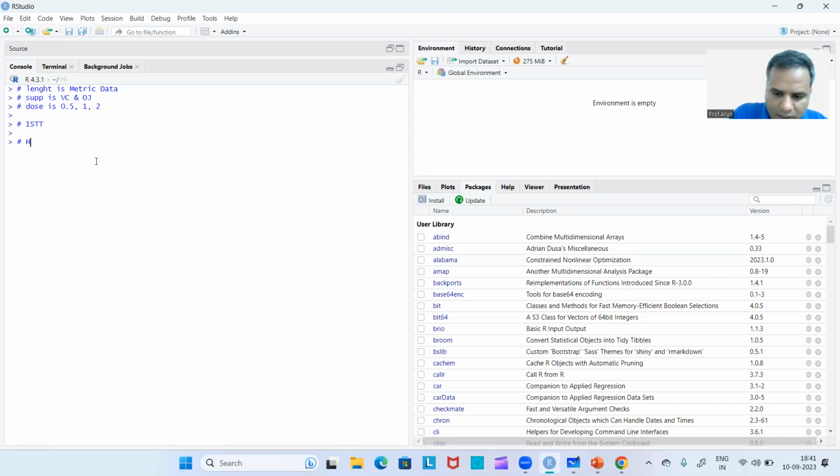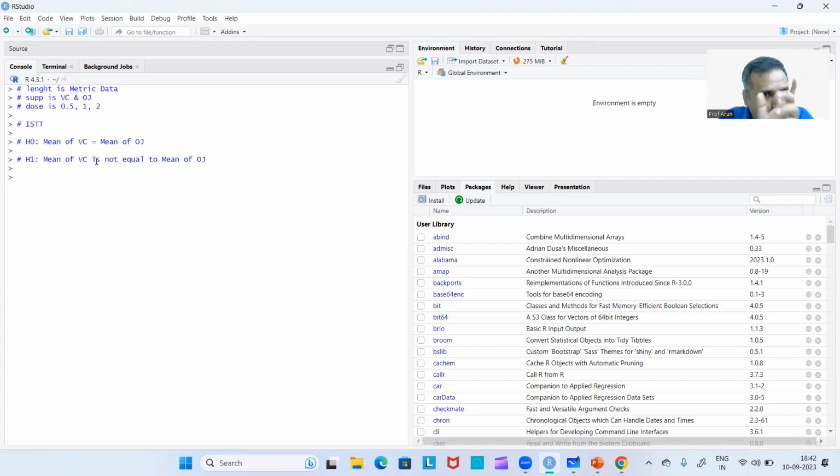नल हाइपोथेसिस। इन दिस पर्टिकुलर डेटा, मैं क्या बोलूंगा कि मीन ऑफ VC इज इक्वल टू मीन ऑफ OJ। मेरा ये नल हाइपोथेसिस होगा। मतलब यूनियापिक्स का जो टीथ का लेंथ है, चाहे मैं उसको कोई भी सप्लीमेंट दूं, VC दूं, OJ दूं, उसमें कोई फर्क नहीं आता है। देयर इज नो डिफरेंस। नल क्या बोलेगा? देयर इज नो डिफरेंस। ऑल्टरनेटिव क्या बोलेगा? नहीं, देयर इज डिफरेंस। H1 की मीन ऑफ VC इज नॉट इक्वल टू मीन ऑफ OJ, ये बोलेगा।